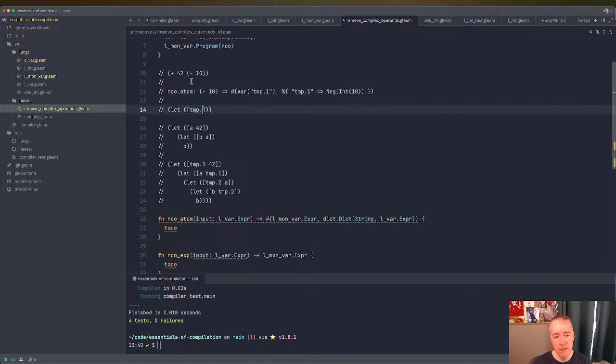Let's see, so it's saying let temp.1. Okay, so let's look at this from the top level. This top level expression is a primitive operation plus, and 42. This is atomic, so that doesn't need to change. We need to transform this into